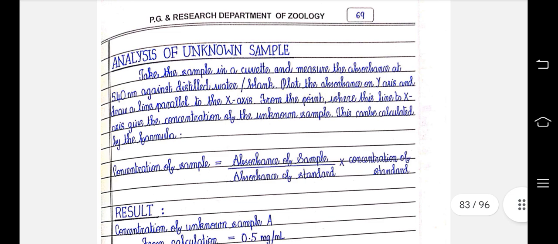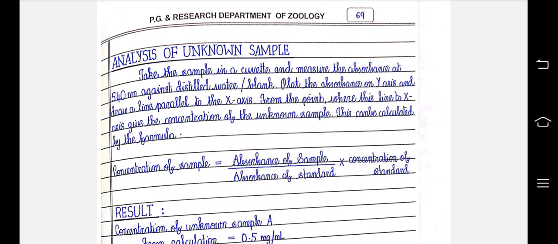Analysis of unknown sample. Take the sample in a cuvette and measure the absorbance at 540 nanometer against the distilled water or blank. Plot the absorbance on y-axis and draw a line parallel to the x-axis. The point where this line meets the graph gives the concentration of the unknown sample. This can be calculated by the formula: concentration of sample is equal to absorbance of sample by absorbance of standard